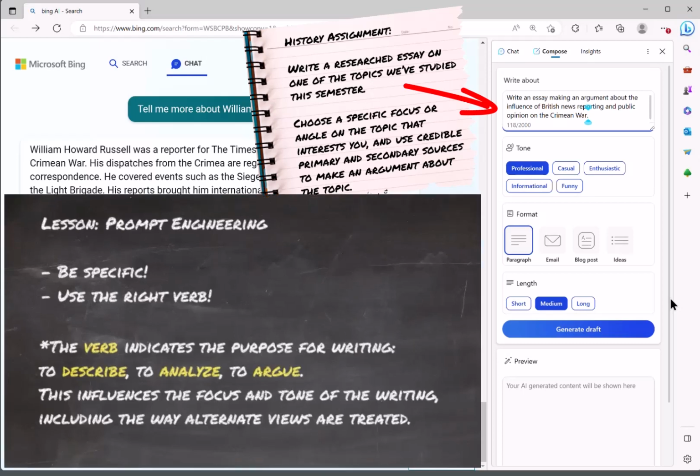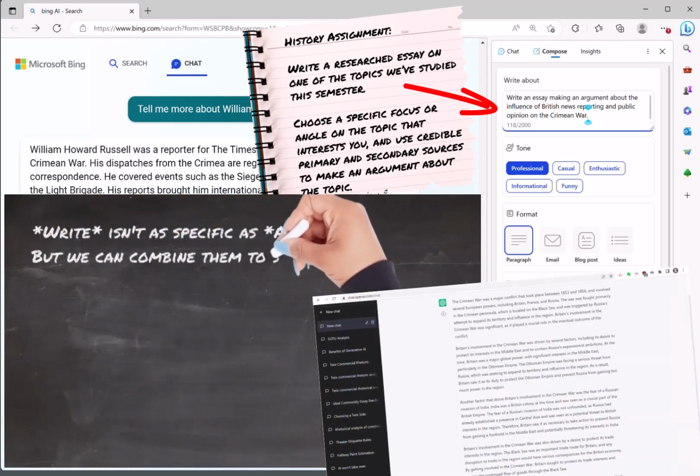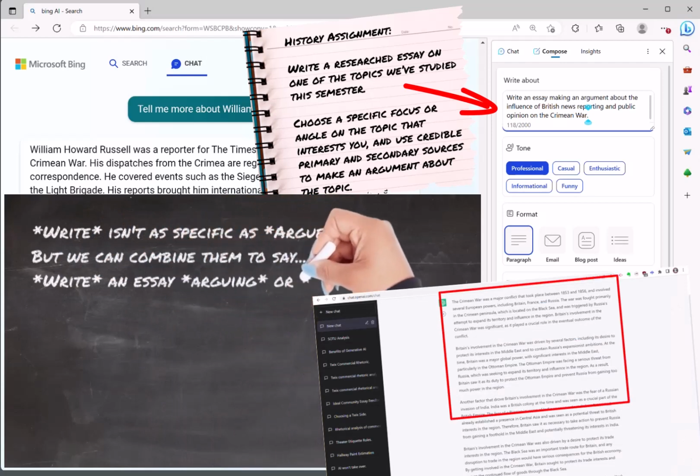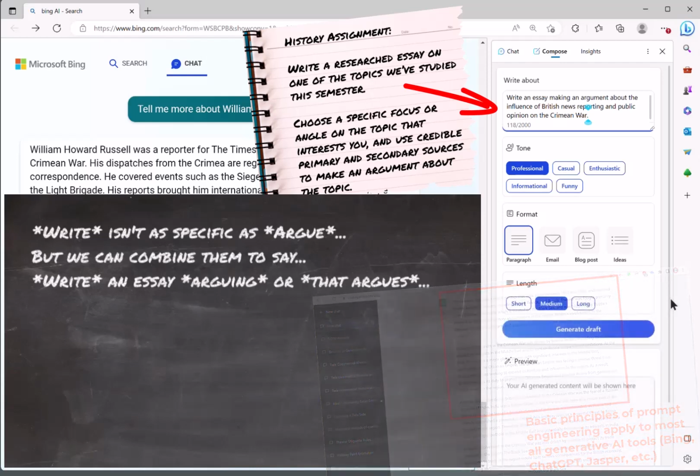If I ask the AI to explain Britain's involvement in the Crimean War, I'll get a very broad overview of the causes and effects, the main reasons Britain got involved in the war, and the effects of their involvement, not to mention the basic context of the war, how it started, who it involved, and so on. That's some pretty good background information, like reading a textbook or encyclopedia passage explaining Britain's role in the war. That is, assuming the information is accurate. More on that shortly. But that isn't what the assignment is asking for.